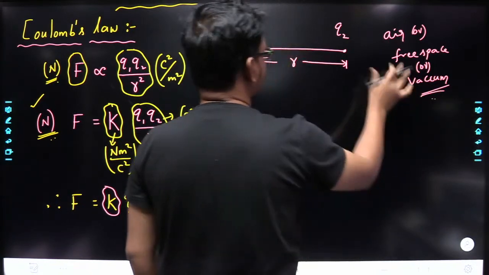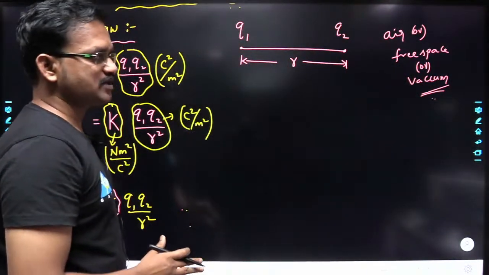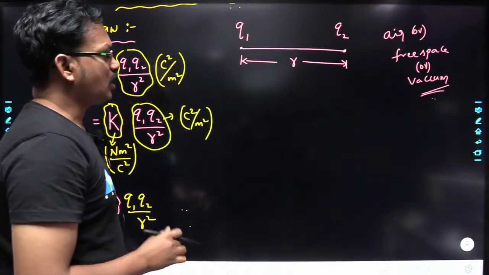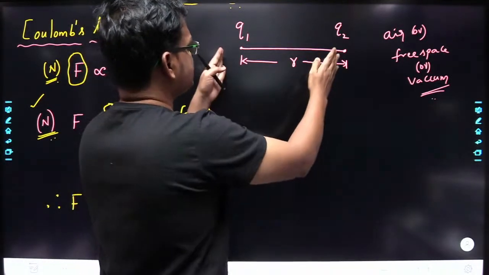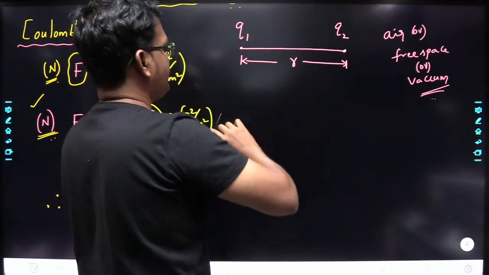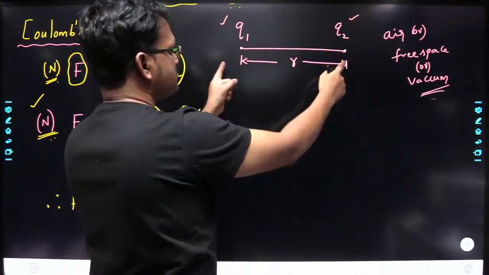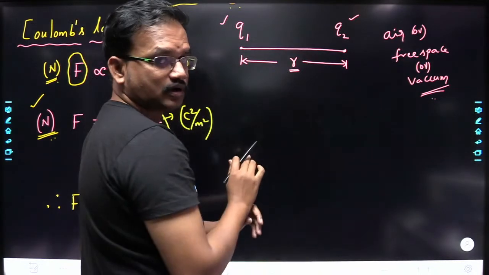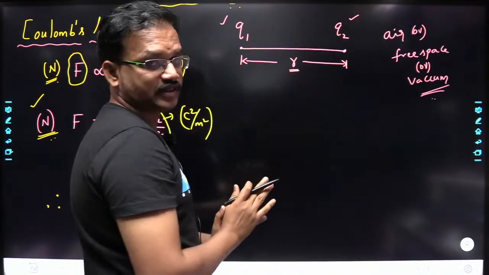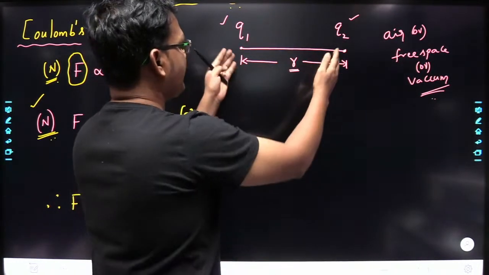Now without changing the setup, that means I am not changing Q1, not changing Q2, and also not changing the distance between them, I will take this total setup